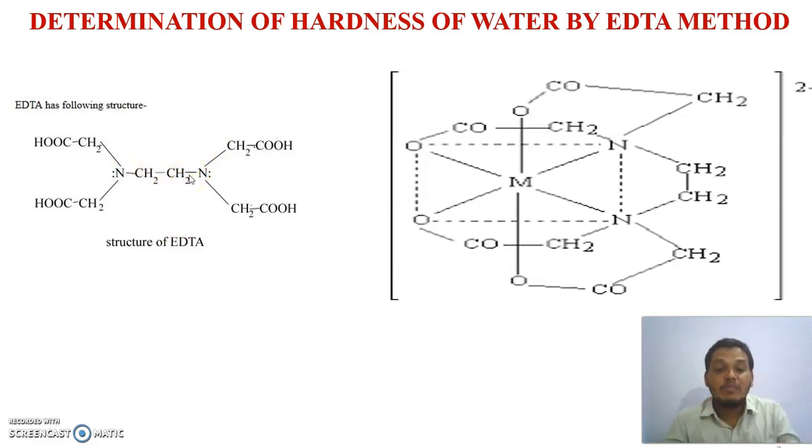Then the stability of the EDTA complex depends upon the pH of the solution, right? The reaction between disodium EDTA and heavy metal ion results in the formation of a cyclic coordination compound. This cyclic coordination compound is called what? Your chelate, right? And then there is a formation of metal EDTA complex, right? See, central is the what? Your metal atom. The metal atom is coordinated with what? 2 nitrogen and 4 oxygen atoms. Hence an octahedral complex is formed, right?